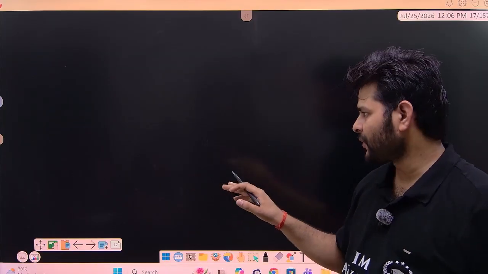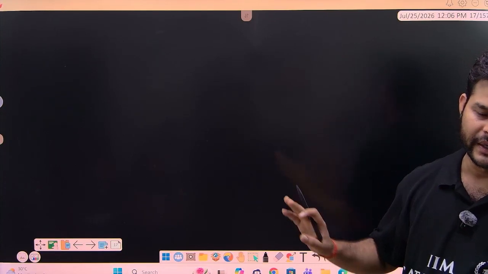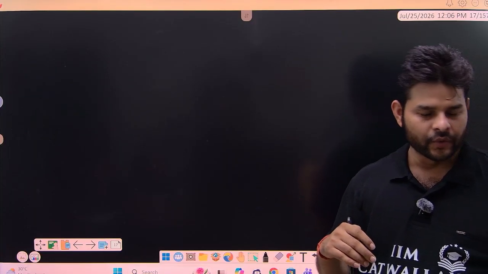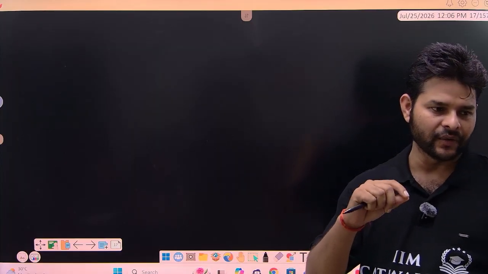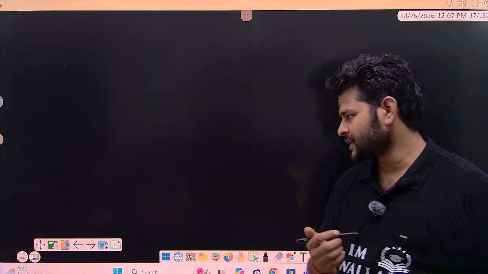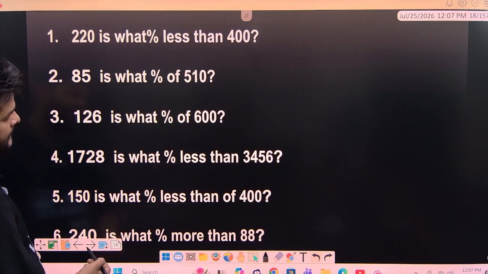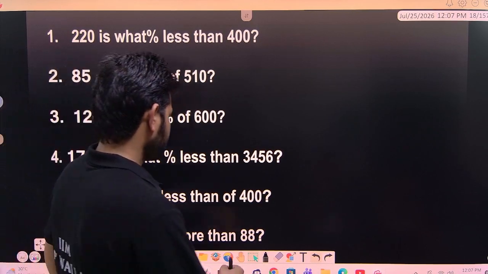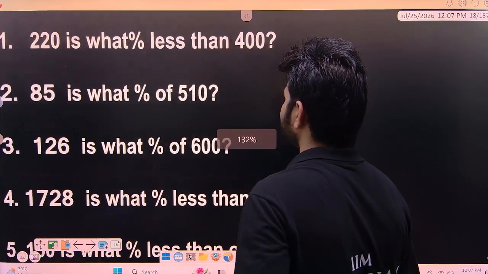But from today's class, we are going to hit the exam questions, how many types of questions are asked in examinations. So in type 2, one or two questions you will get directly that have been asked in examinations. And from type 3 or type 4, we will exactly hit the exam questions. So this is also your basic type. This is your first question. Again, I am saying that type 2 is also a simple, basic type.